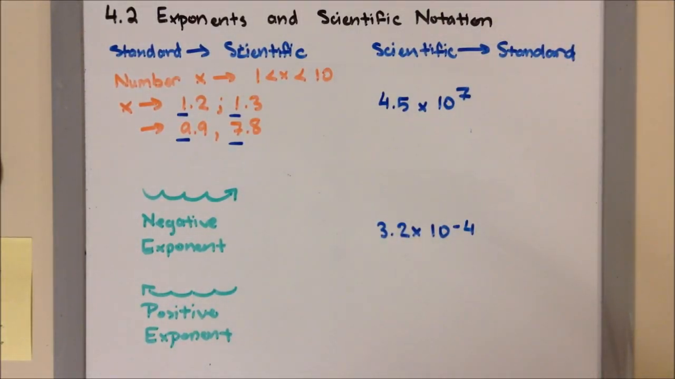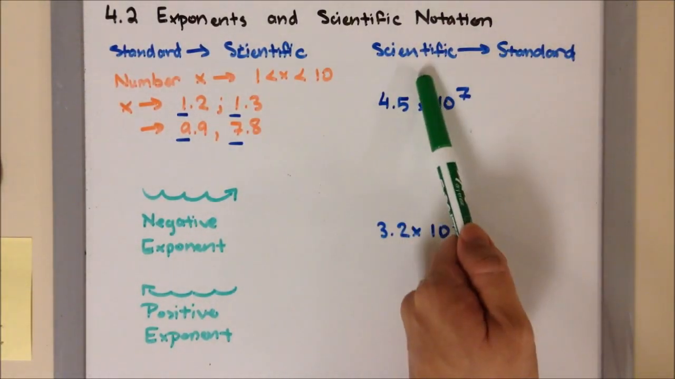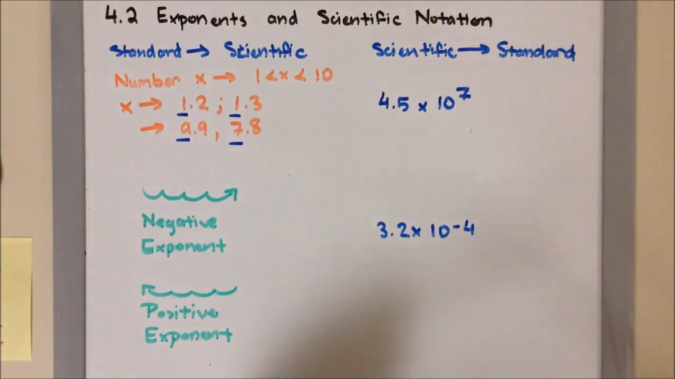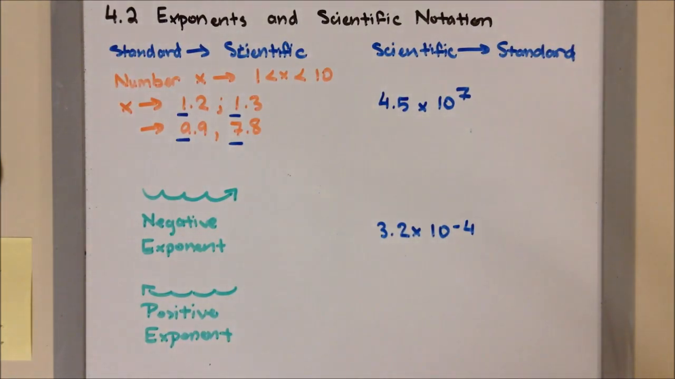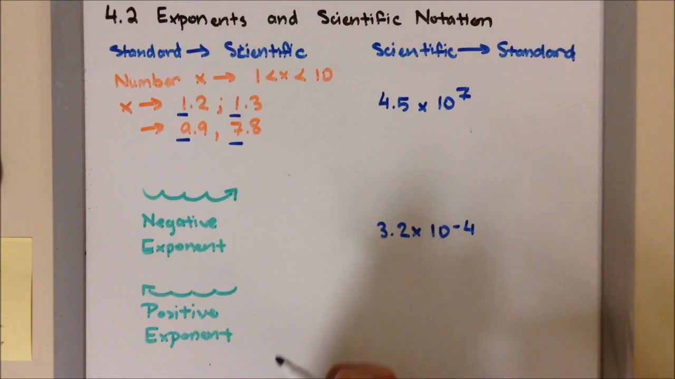Next, we're going to focus on the opposite way, which is from scientific to standard. So you're going to be given scientific notation and convert it to standard. Now, if it's a positive exponent on the 10,